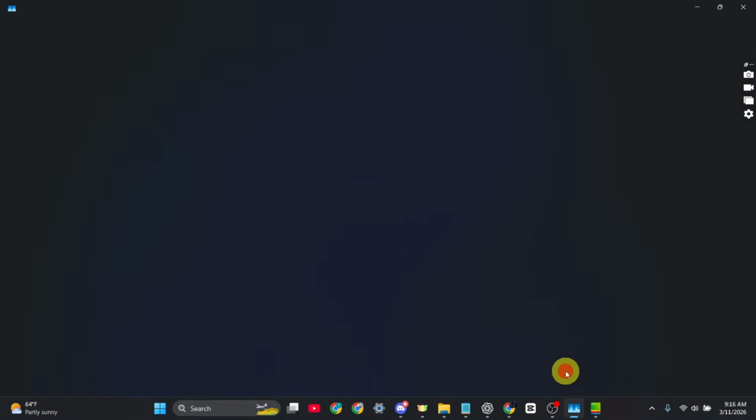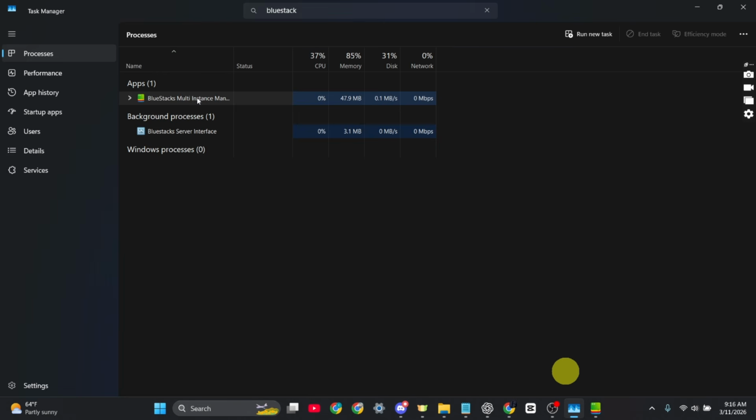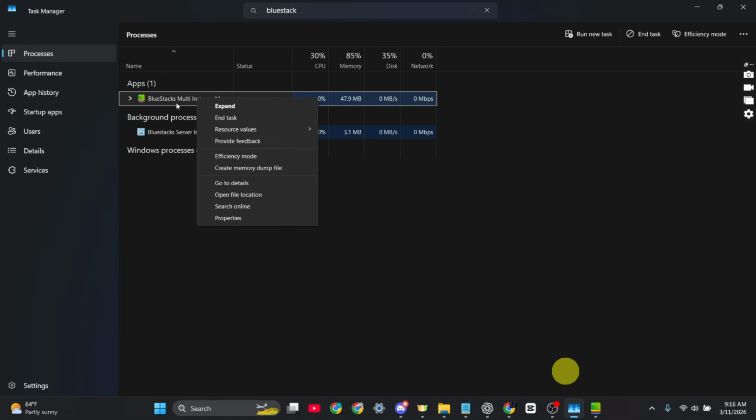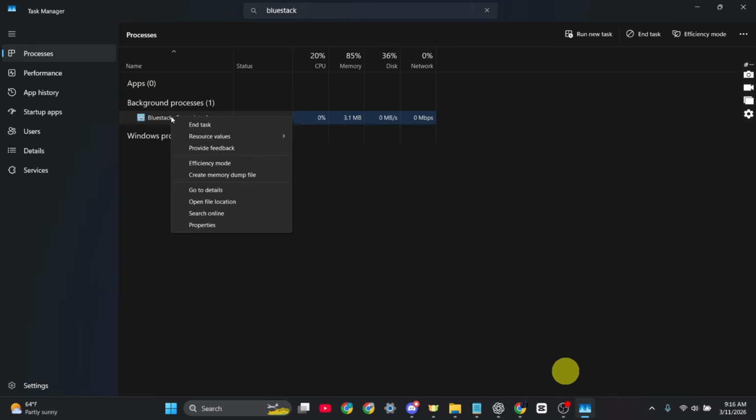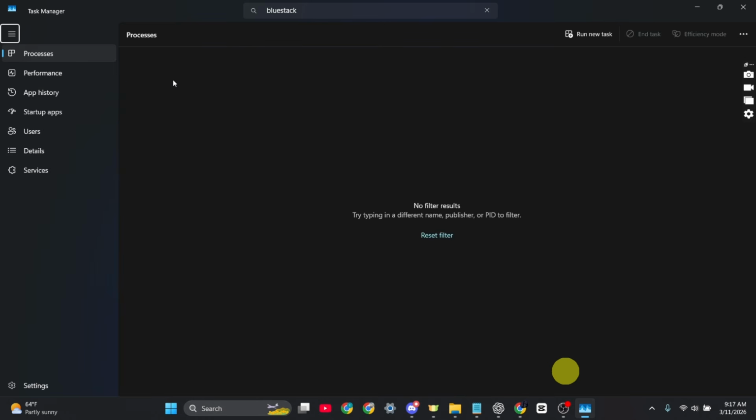Just open your Task Manager once again, and if it is running, just close BlueStacks, even close the BlueStacks Multi-Instance Manager, like so, and click on End Task. Make sure to close all the BlueStacks tasks by clicking on End Task. In most cases, this will fix the problem, but if it still does not work, just go to your search